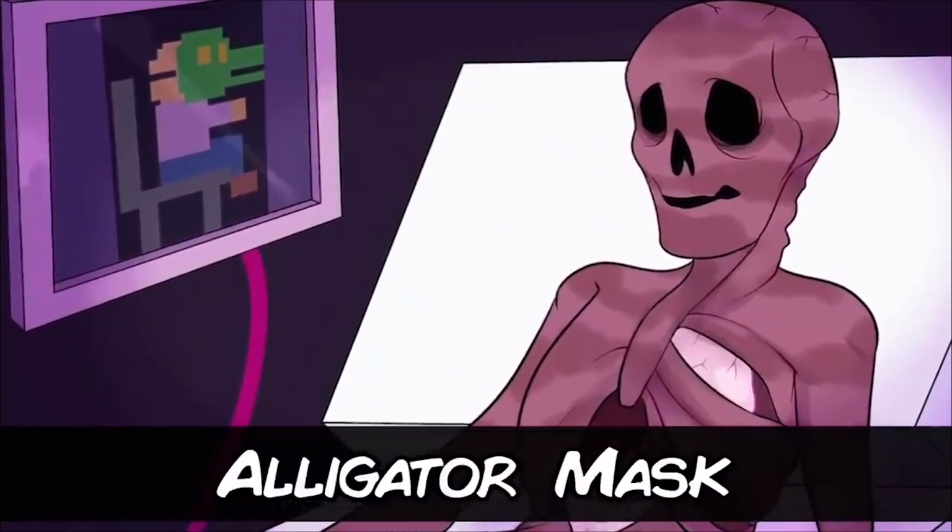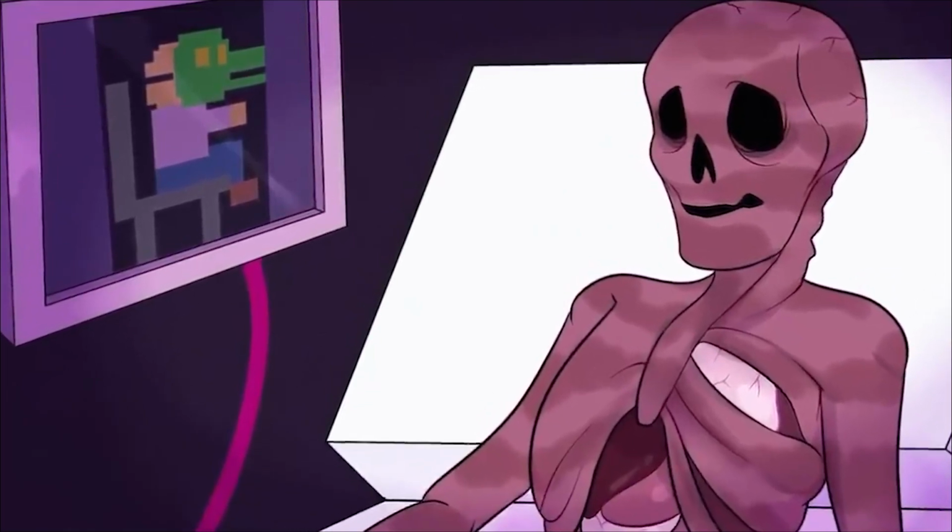And at 8, alligator mask. Now, my original idea was that the man in room 1280 took place after FNAF 6's fire, and that's how William became Glitch Trap. However, it's seeming more and more that the man in room 1280 actually takes place